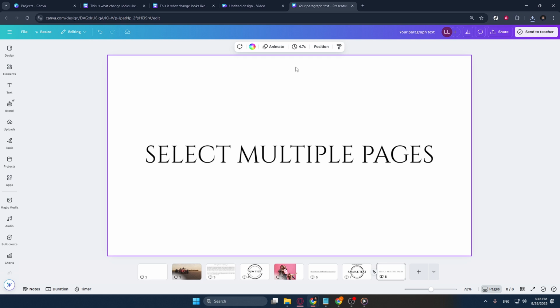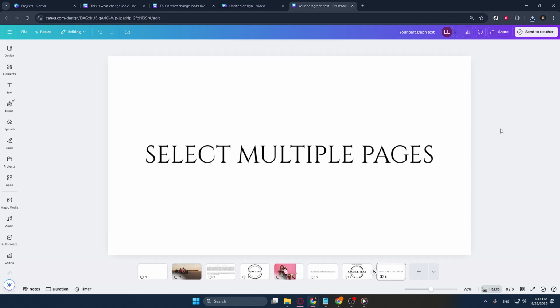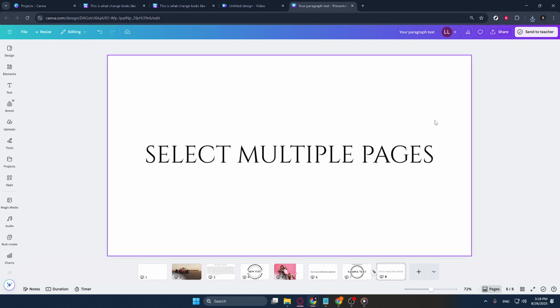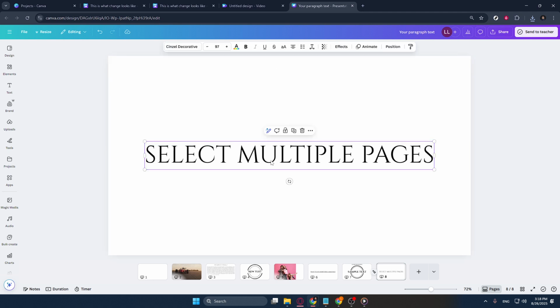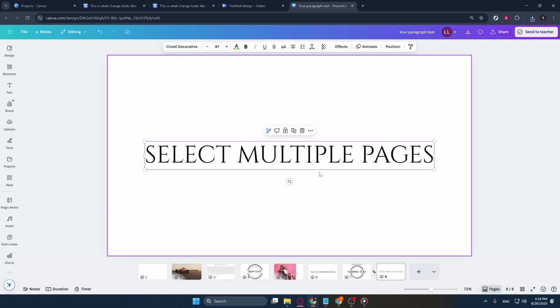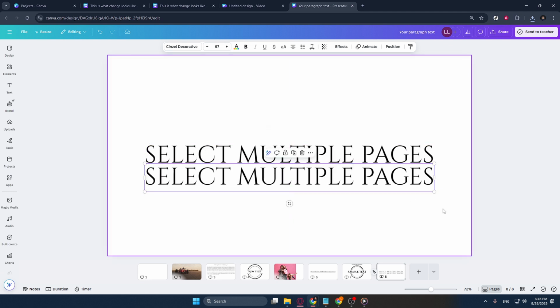Now that you've got your project open, let's get down to business with selecting multiple pages. This is particularly useful if you want to move, copy, or edit several pages at once, saving you precious time and effort. To do this, you'll need to switch to the grid view, which is a feature Canva provides to